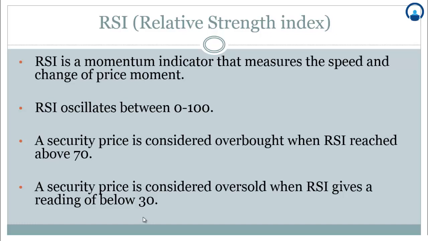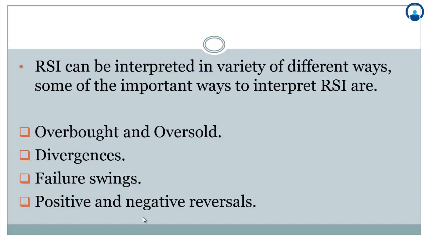A security price is considered overbought when RSI reaches above 70. Similarly, a security is considered oversold if RSI reaches a region of 30 or below. RSI can be used or interpreted in a variety of different ways. Some of the most important ways to interpret RSI are: